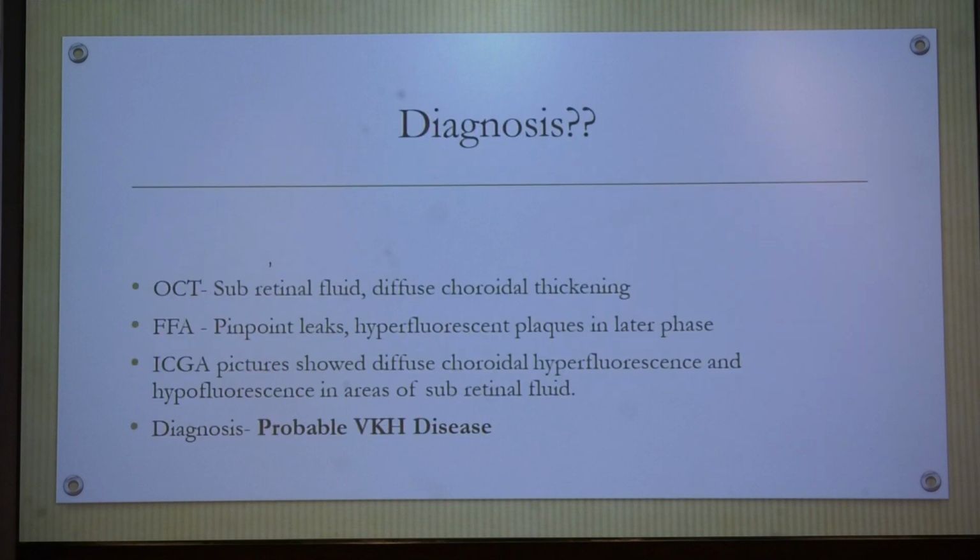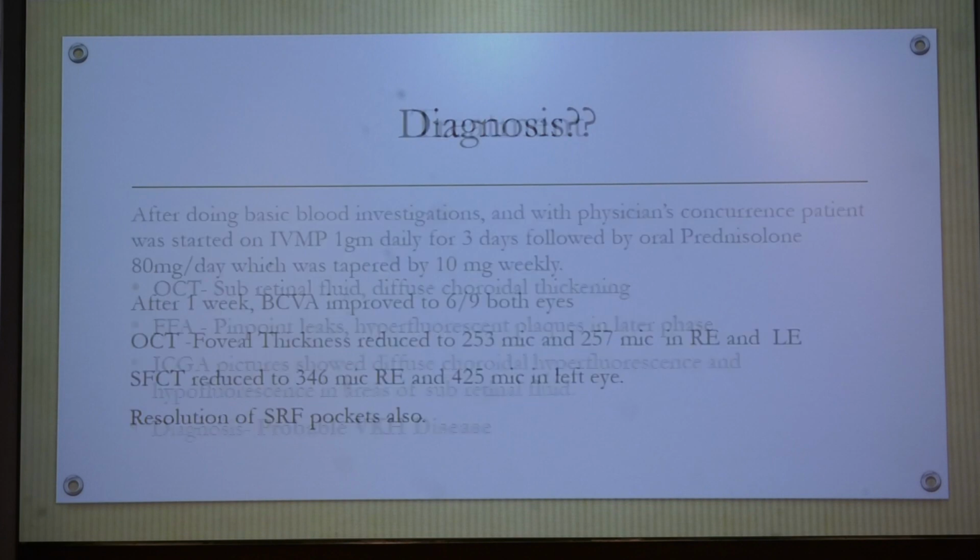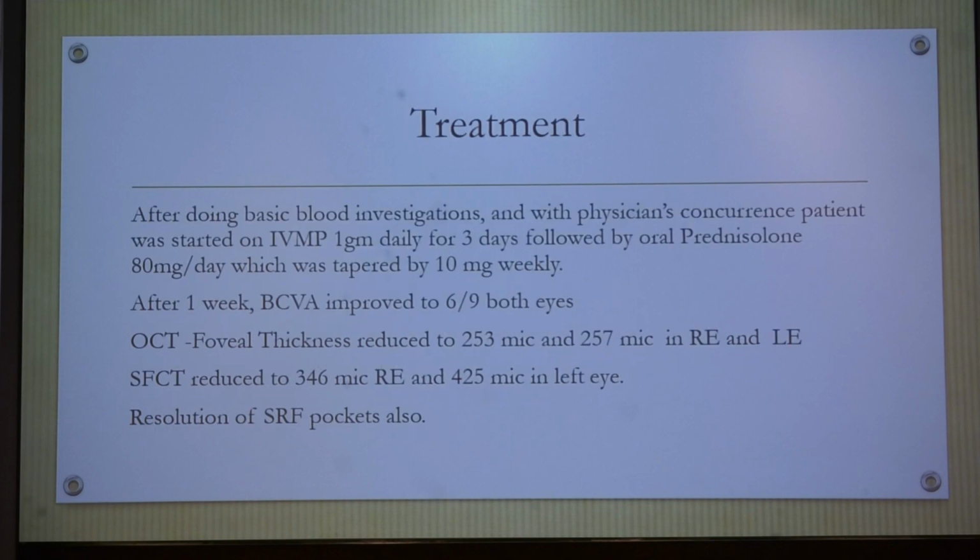Based on the presence of multiple pockets of SRF, diffuse choroidal thickening on OCT, pinpoint leaks on FFA, and hyperfluorescent plaques in the later phase on FFA, a diagnosis of probable Vogt-Koyanagi-Harada disease was made. After basic blood investigations and with the physician's concurrence, the patient was started on intravenous methylprednisolone 1 gram daily for 3 days, followed by oral prednisolone at a dose of 80 milligrams per day, which was tapered by 10 milligrams